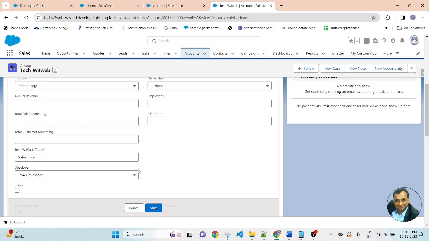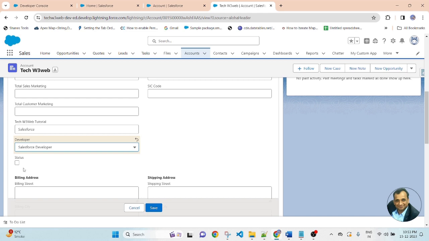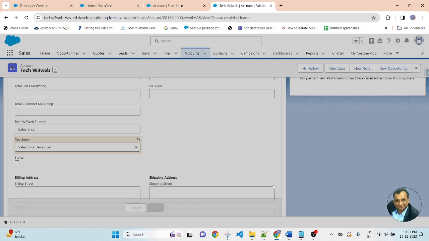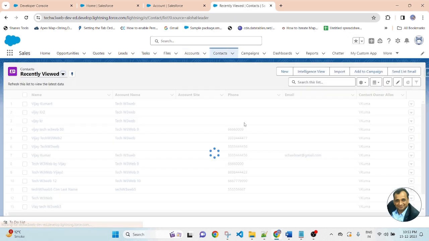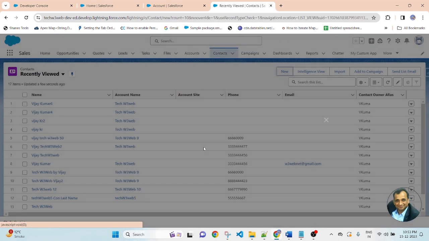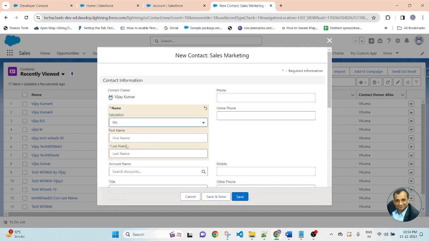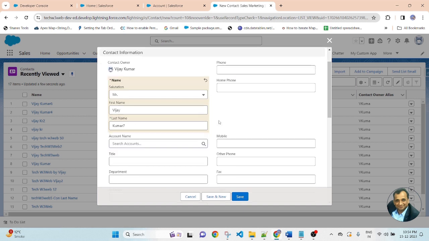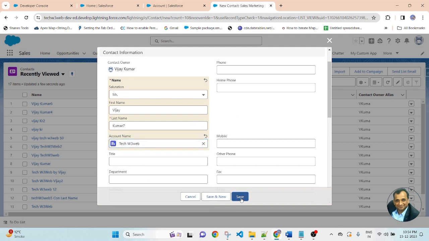If I select developer as Salesforce developer, I leave status as it is. And now creating another contact record. Mr. Vijay Kumar 7. Select the same account, Tech W3 Wave. Now save.